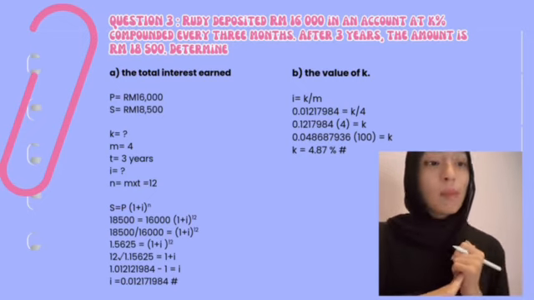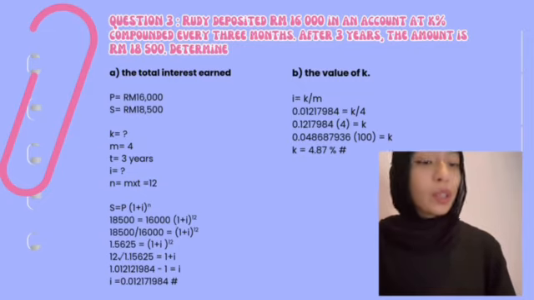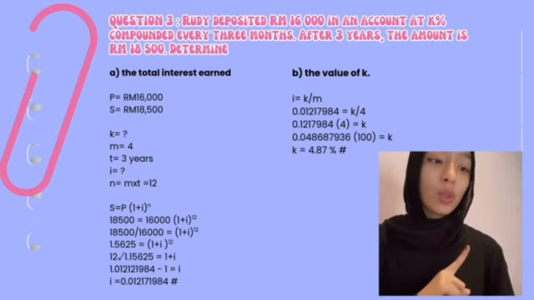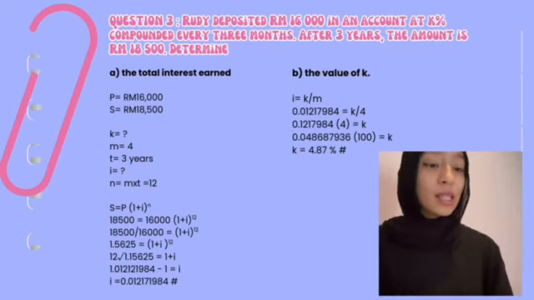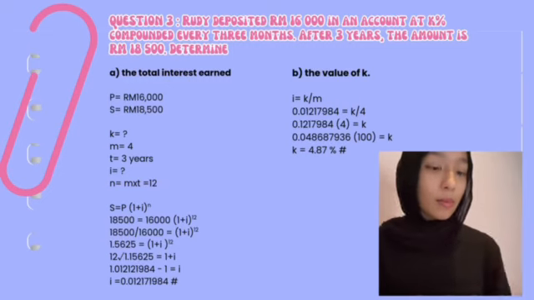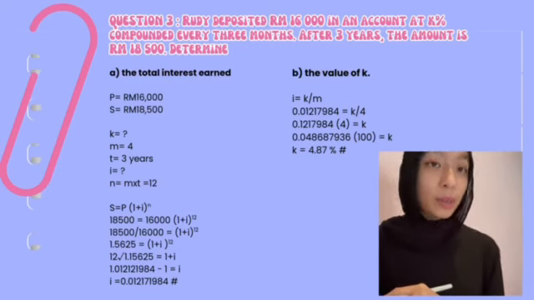So since the interest is compounded every 3 months, there are 4 compounding periods in 1 year. Over 3 years, there are 12 periods. Final amount divided by principal equals open bracket 1 plus I close bracket raised to the power of 12. Then we're going to find I by taking the 12th root. The value of I becomes 0.01217984. Because I is the periodic rate and interest is compounded 4 times per year, the annual rate K percent is K equals 4 multiplied by I. The result is K being approximately 4.87%.